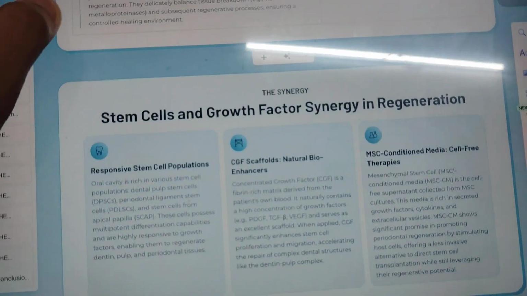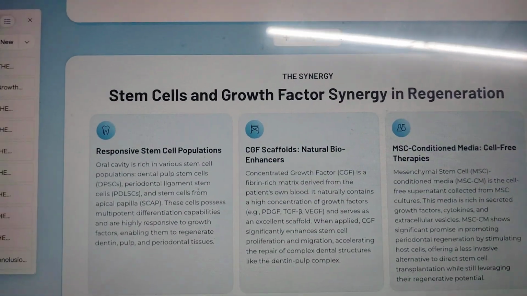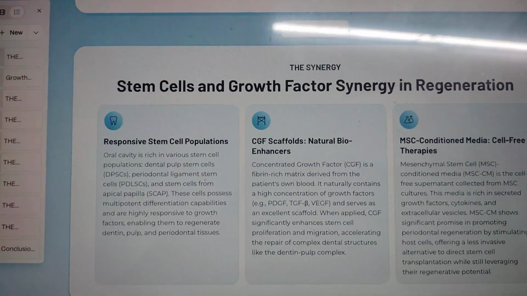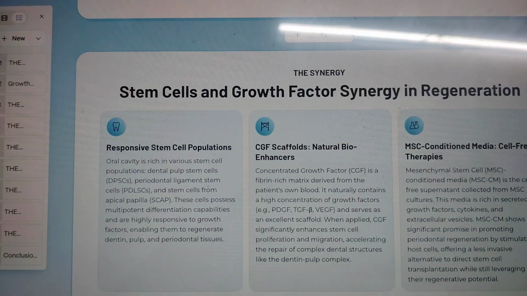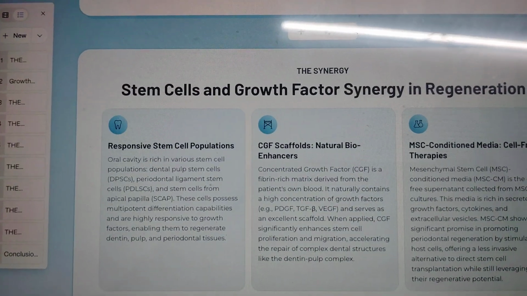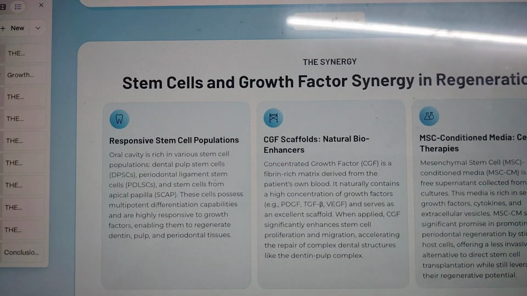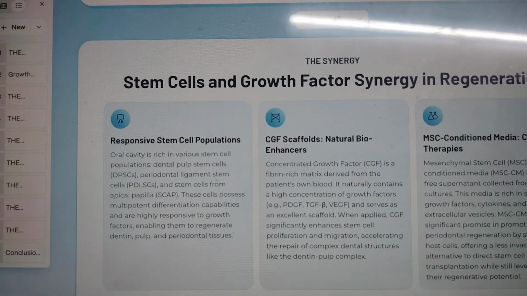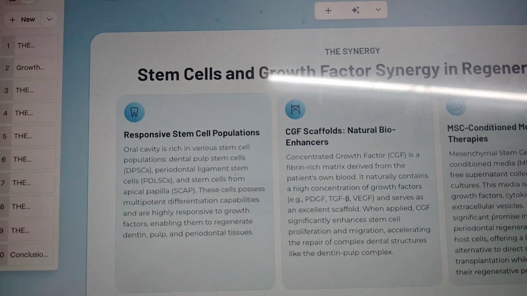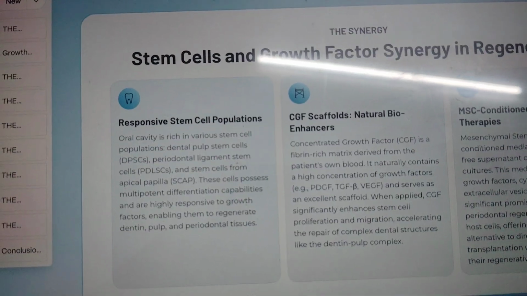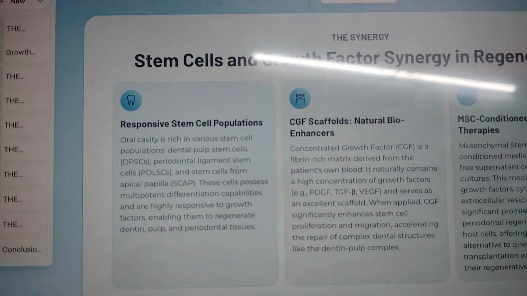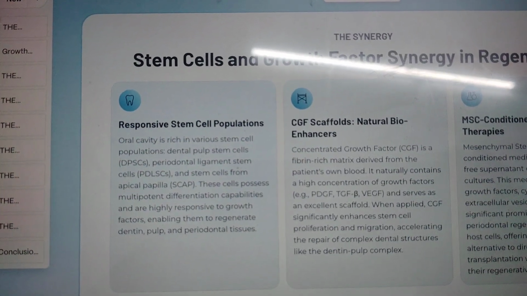Stem cells and growth factor synergy in regeneration. Responsive stem cell populations. The oral cavity is rich in various stem cell populations: dental pulp stem cells, periodontal ligament stem cells, and stem cells from apical papilla. These cells possess multipotent differentiation capabilities and are highly responsive to growth factors, enabling them to regenerate dentine, pulp, and